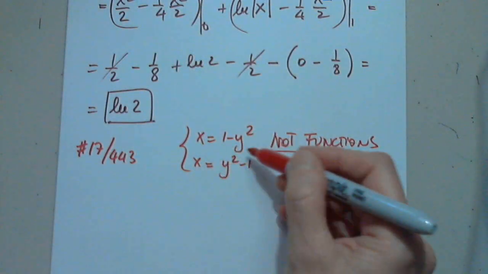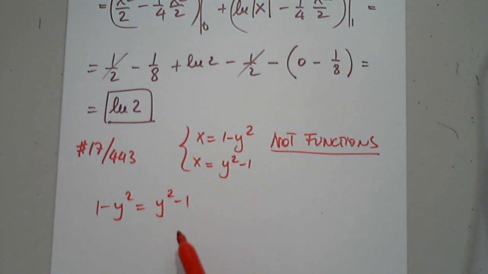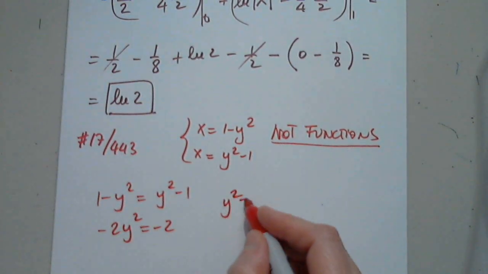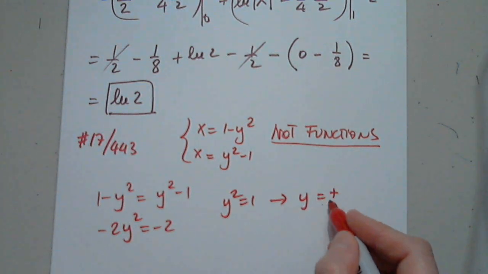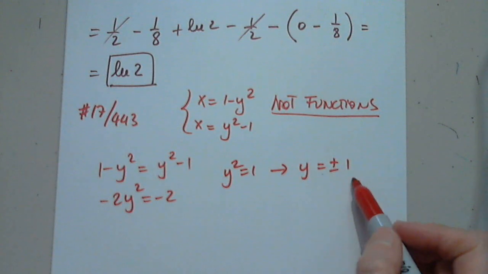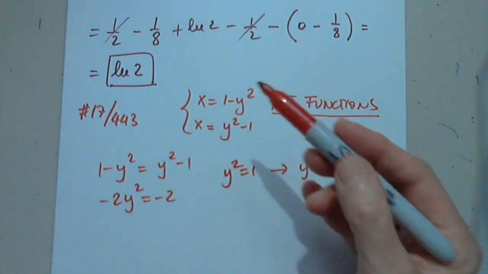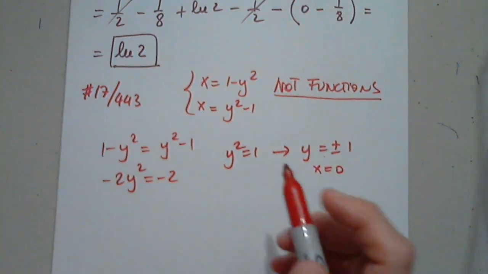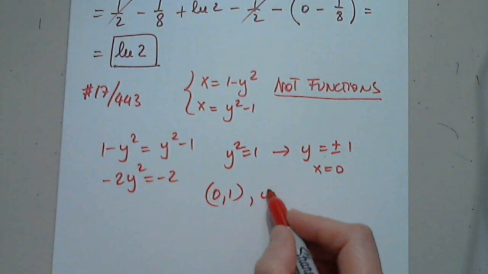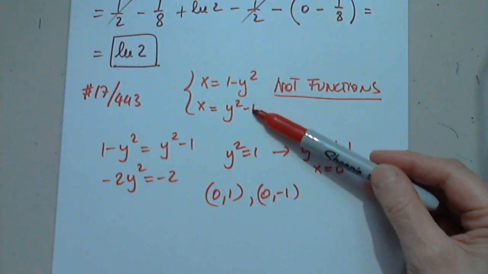So let's set x equal to x. So then 1 minus y squared equals y squared minus 1. And then I subtract y squared. So negative 2y squared, I subtract 1, negative 2. So then y squared equals 1, which means y equals plus or minus 1. Good. So these are the points of intersection for the y coordinate. So when I plug in 1, x is 0. So the 2 points of intersection will be (0, 1) and (0, -1) for these two given curves, not